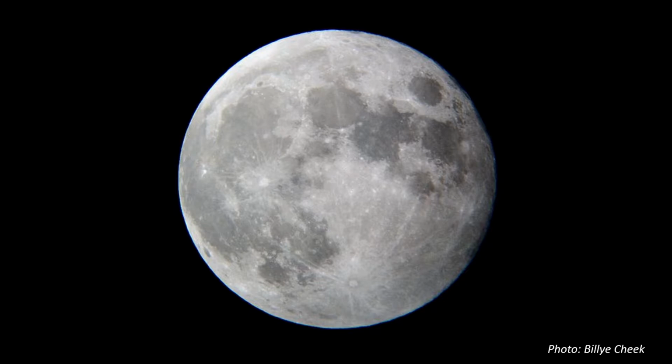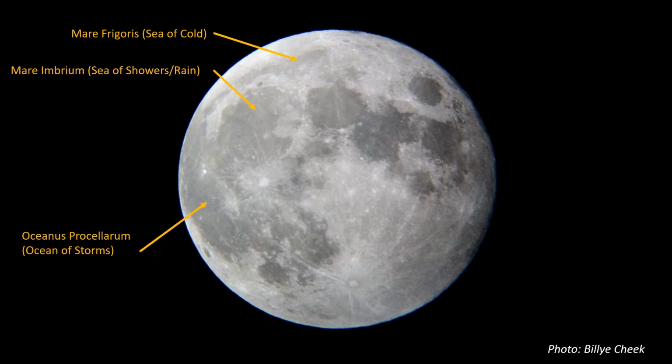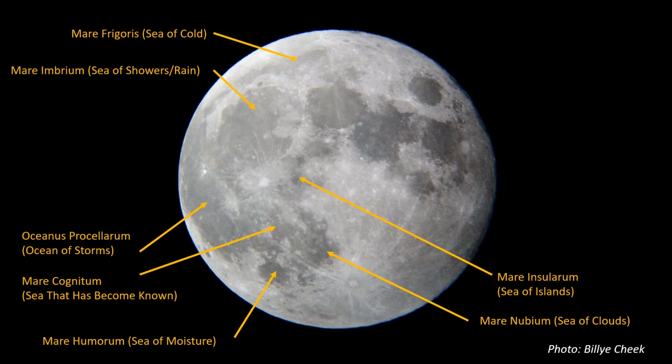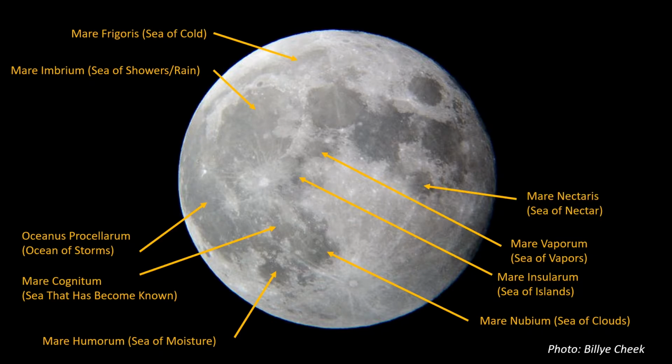Let's take a look at the prominent mare on the surface of the moon. First, there's Mare Frigoris, the sea of cold, Mare Imbrium, the sea of showers or sea of rain, Oceanus Procellarum, the ocean of storms, Mare Cognitum, the sea that has become known, Mare Humorum, the sea of moisture, Mare Nubium, the sea of clouds, Mare Insularum, the sea of islands, Mare Vaporum, the sea of vapors, Mare Nectaris, the sea